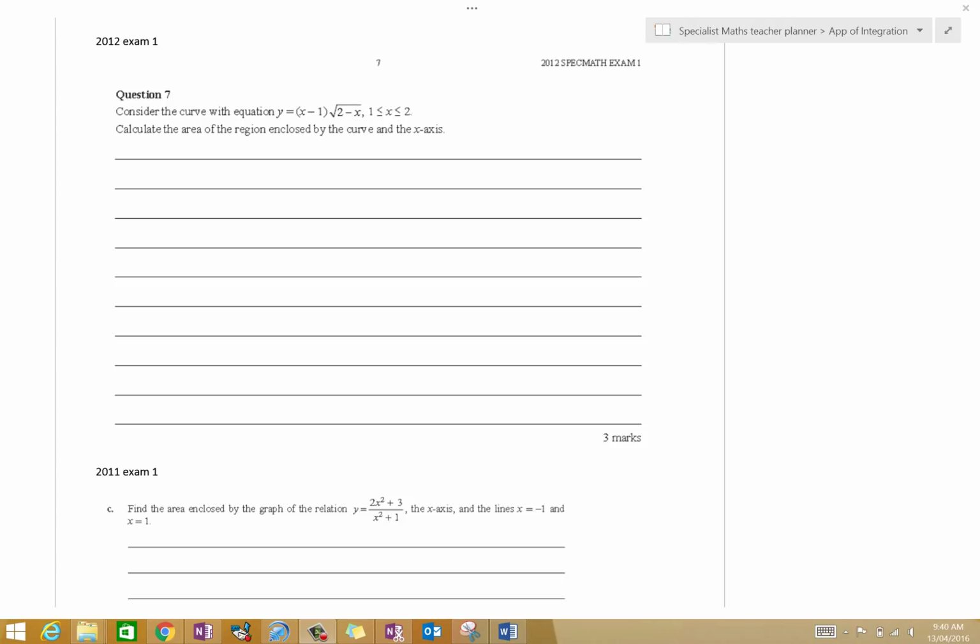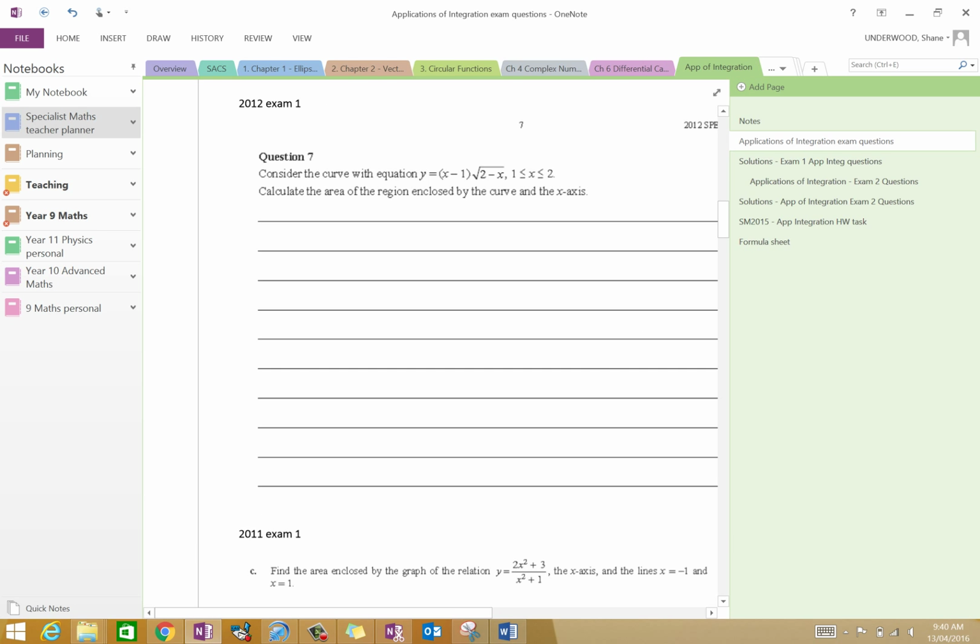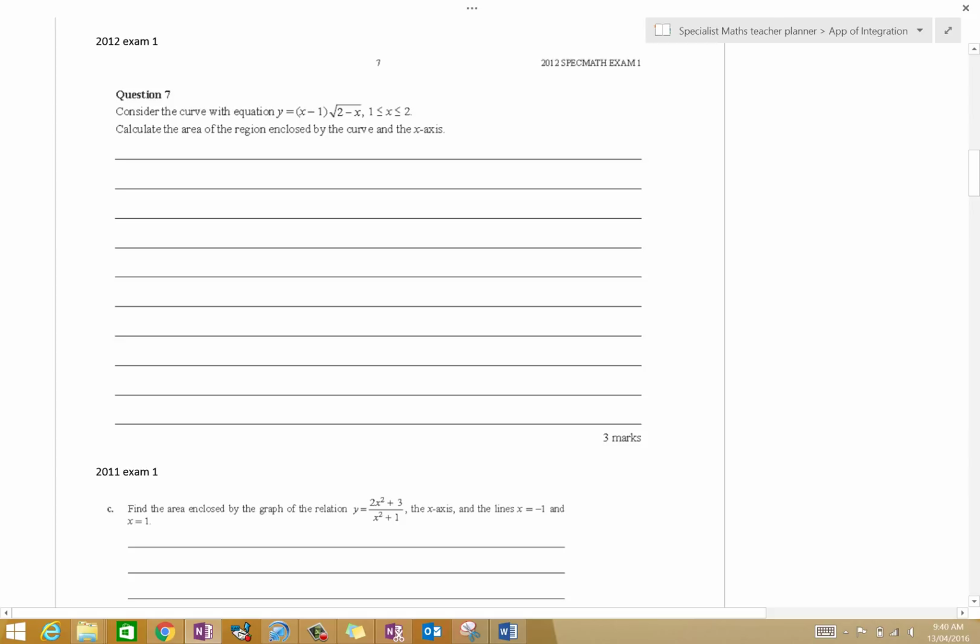All right, so we're looking at this question from the 2012 exam, calculating the area between this curve. Now, as I've said, if you're not given the curve, you need to picture what it looks like. In this case, we're told that we're trying to find the area between x equals 1 and x equals 2. Let me first get a pen up rather than an eraser. It's not going to help. But if I throw in x equals 1 into this equation over here,